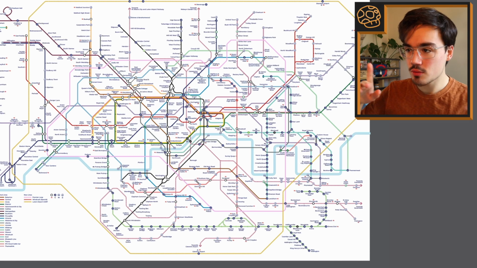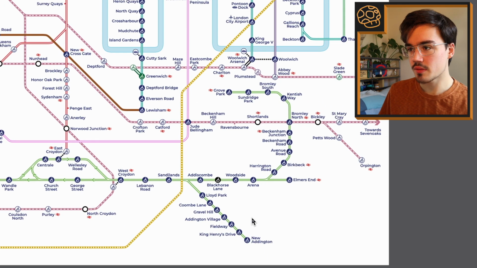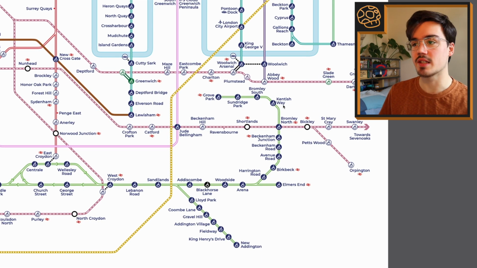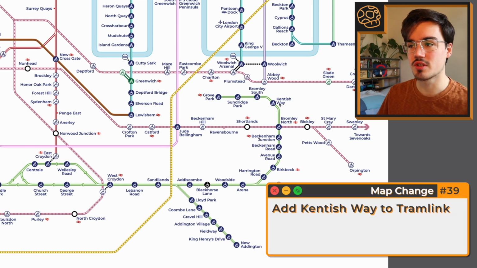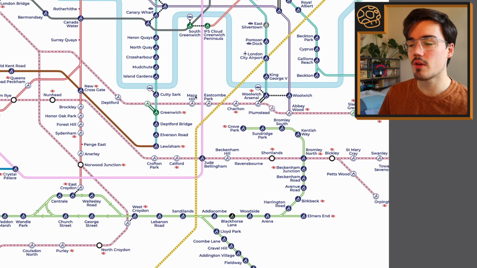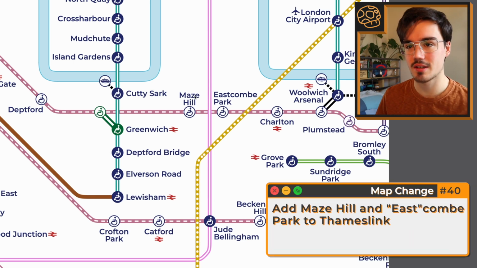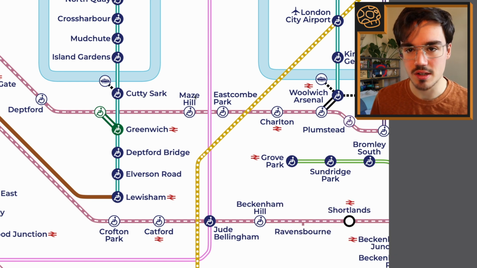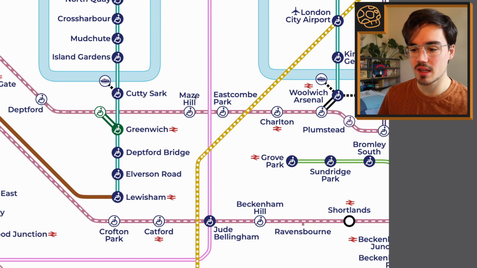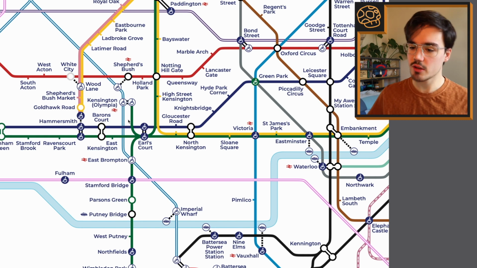I also did a few little tweaks while I was recreating the tube map. Notably, I have moved the trams around. This just makes it look a little bit nicer. I also added a little tram stop on this new extension called Kentish Way, which is like Bromley Central. I also added Maze Hill and Eastcombe Park back onto Thameslink. I bulldozed them when I was making my footy line and I couldn't really fit them in, but now I have full customization of the tube map. I have added them back in. I made the Kensington Olympia district line run all the time at the request of